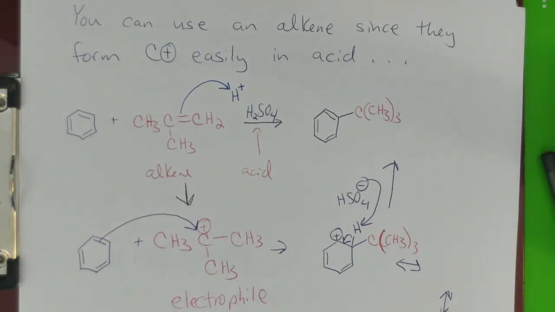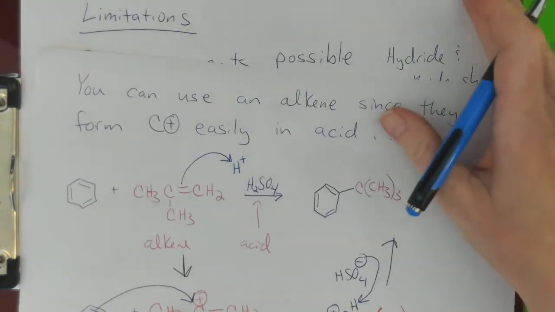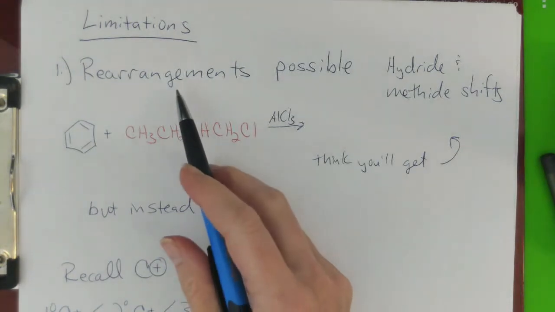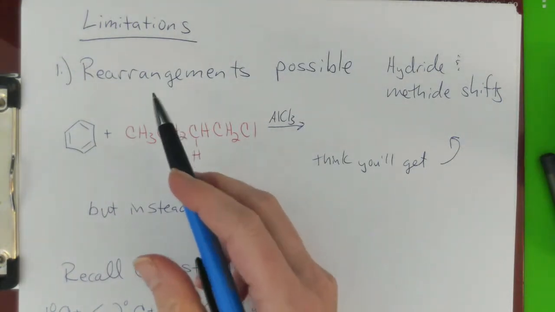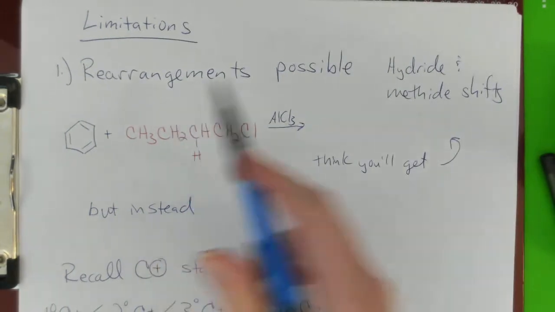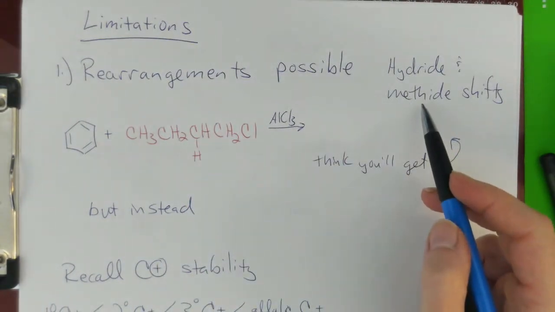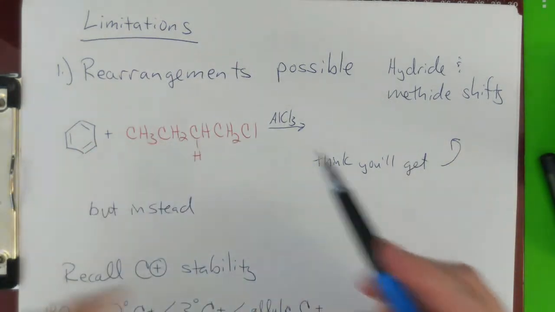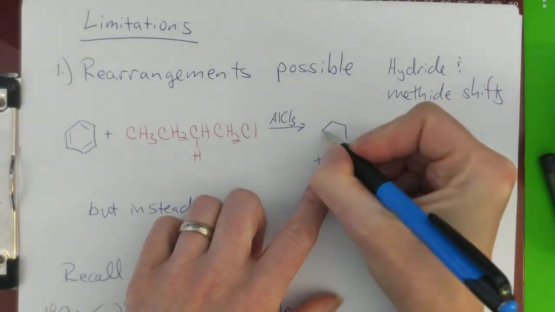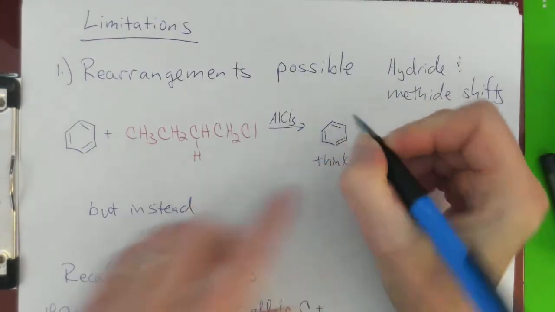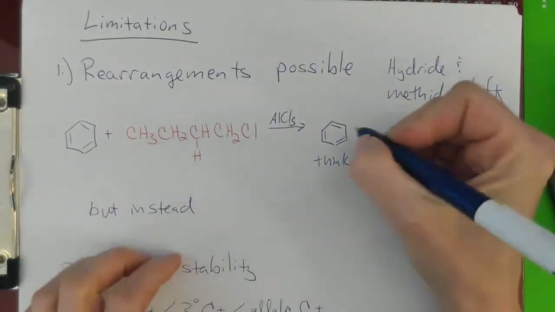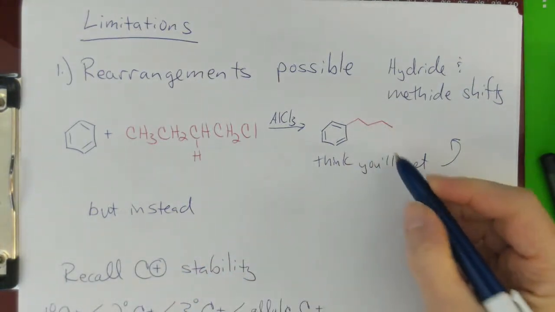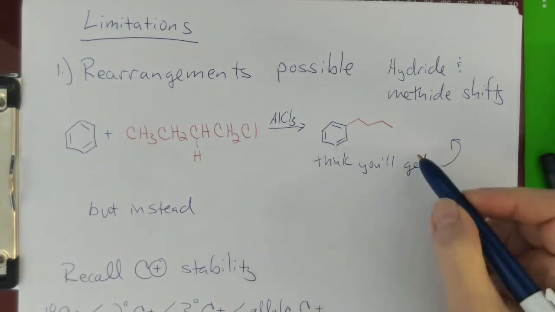So this is great, but Friedel-Crafts does have some limitations, the alkylation reaction. The first one: since we're making a carbocation, that's our electrophile, rearrangements are possible. We can see hydride shifts and we can see methide shifts. So for example, here, you might think that we would expect to get this as our product. You would expect to get this as your organic product, but instead what's going to happen